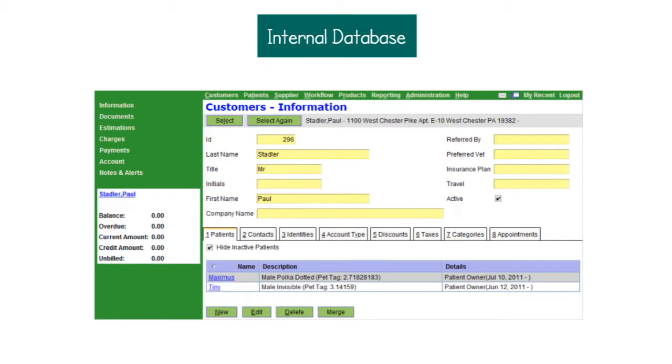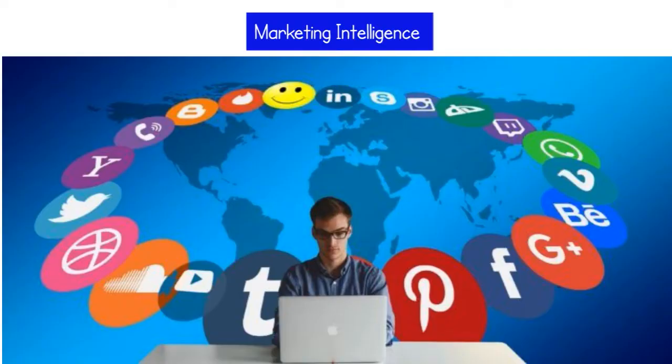Internal database refers to records that are collected and stored by the company. Examples of these are the data collected by phone companies from its customers, such as names, address, date of birth, and products bought. Marketing intelligence refers to the systematic collection and analysis of publicly available information about consumers, competitors, and